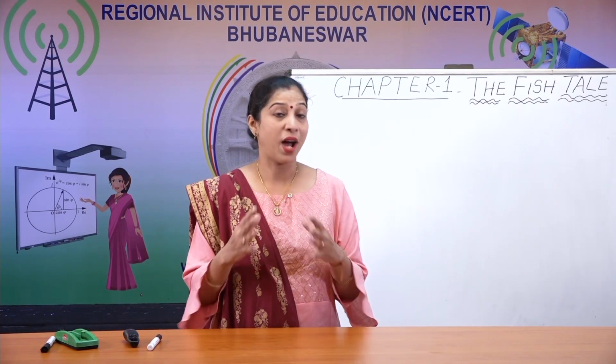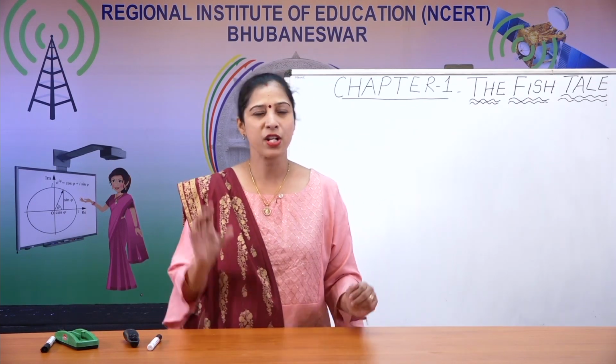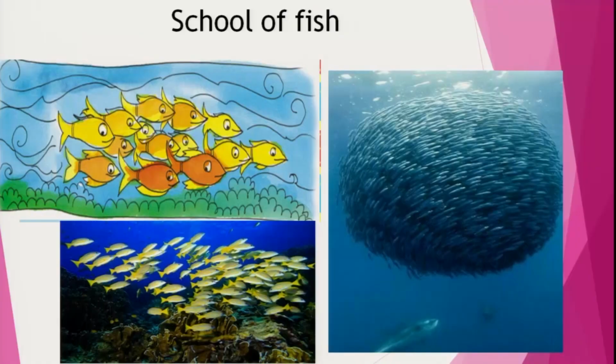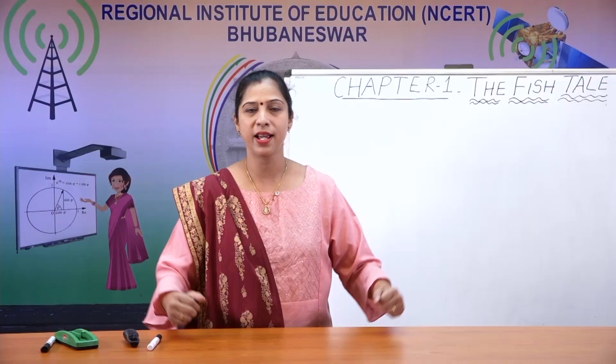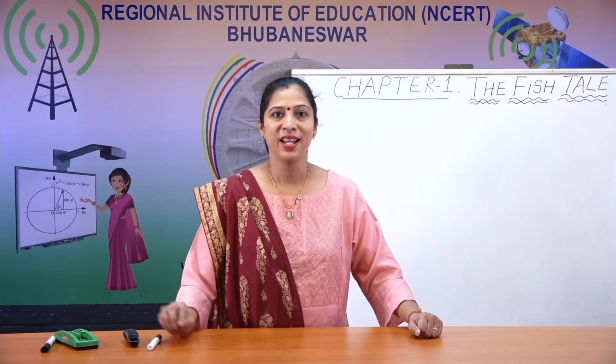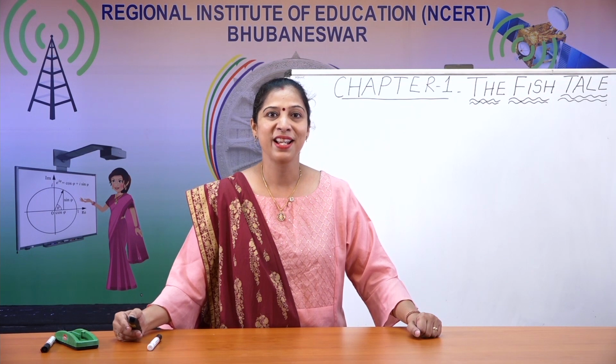You can see why they come in the group. Because they are so small, if they move individually, they will be eaten by the larger fish. So when they come together and make a bigger shape, the larger fish are scared of them. Sometimes they puff up water or air to make themselves big. And sometimes they come together and always move together to show that they are bigger in size and nobody can eat them. So isn't it interesting?